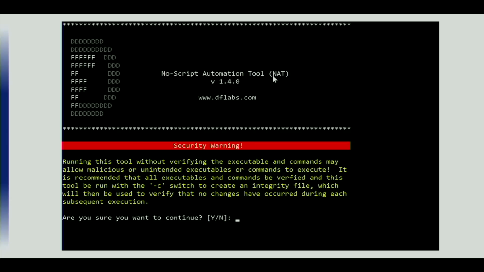Now, there's nothing that you can do if you want. I'm not here to tell you how to do your business. It will at least prompt you to say, hey, you should be creating this integrity check file. So we're going to select no. And then we're going to run NAT, and we're going to run it with the /c command to create that